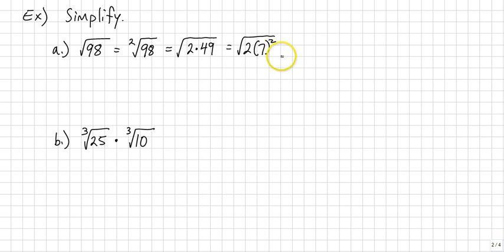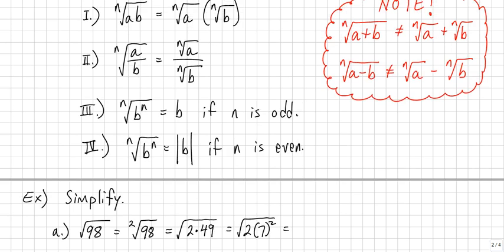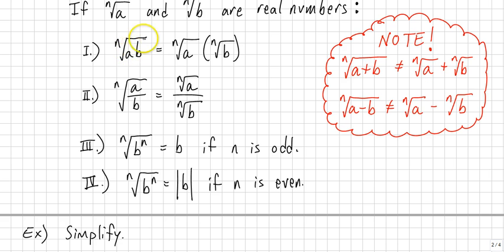So why did I do that? Well, I did that for a couple reasons. So let's look and see why. First off, I just wrote 98 as two things being multiplied. So I'm going to be able to split those up into two separate radicals. Not only that, I just rewrote it so that I had the same index and exponent